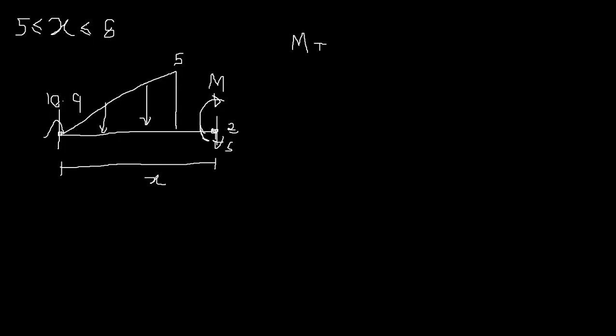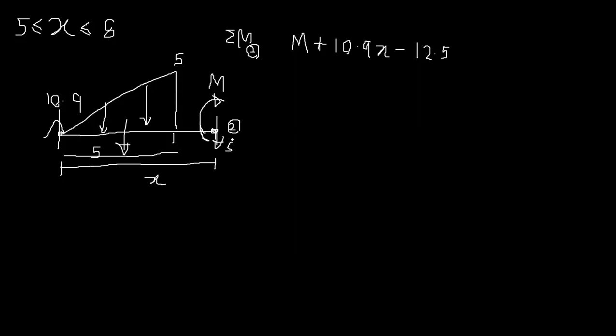I'll say 2, sigma M around 2 point, right? So M plus 10.9 into x minus this whole thing, right? The total W is, you remember 12.5, right? The total W, the area of the triangle, 12.5, but the distance is, this length is 5,